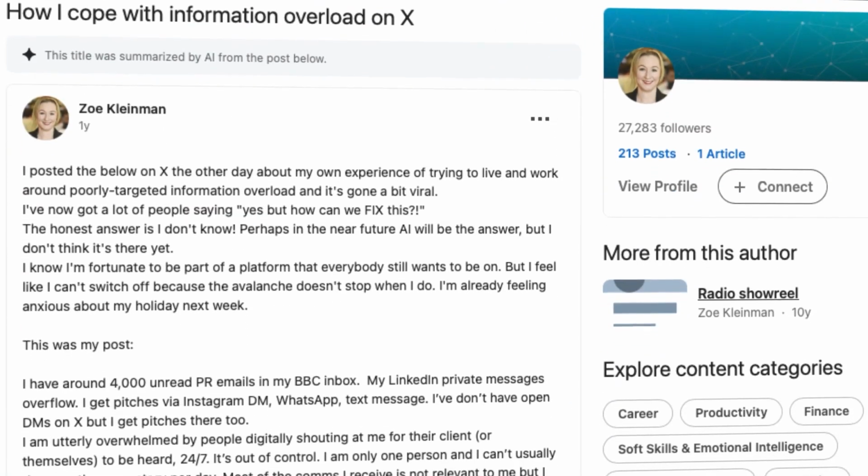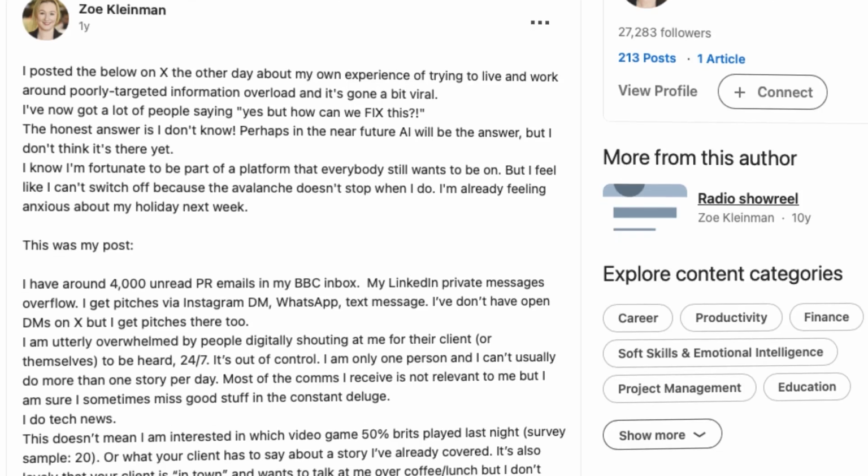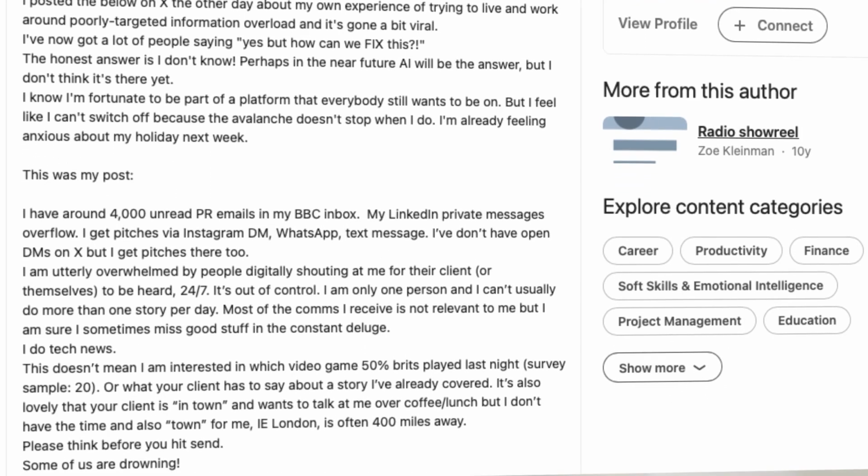If you work in a massive organization with over 1,000 employees, you really can be dealing with a lot of traffic. Zoe Kleinman, who's the technology editor at the BBC, wrote a post this year about the challenges of managing over 4,000 unread emails. Now, our solution before was pretty complex, but now we have Superhuman AI and Notion, which